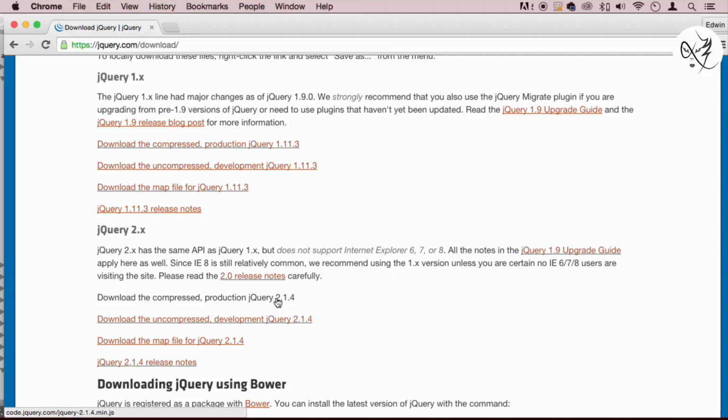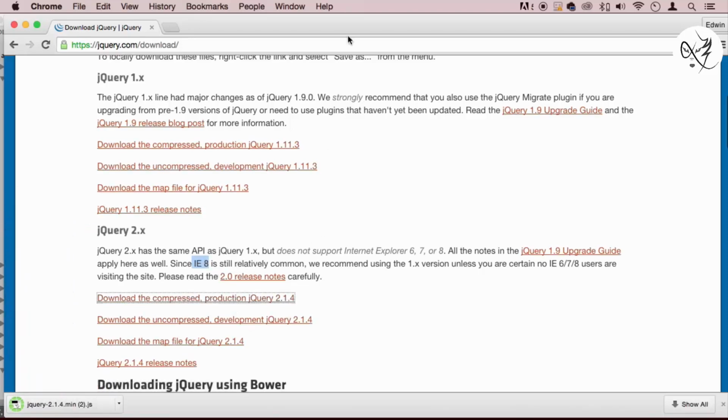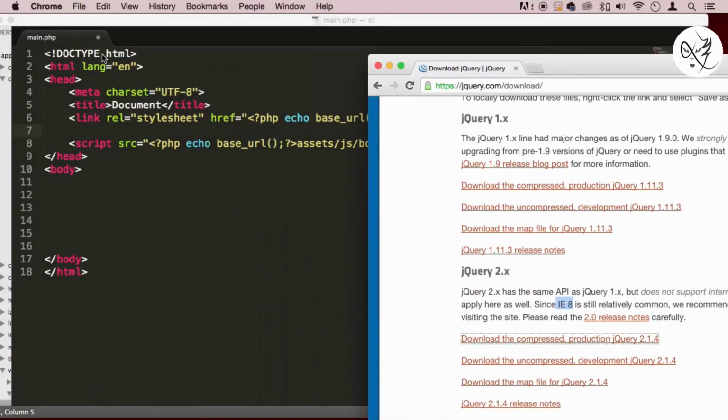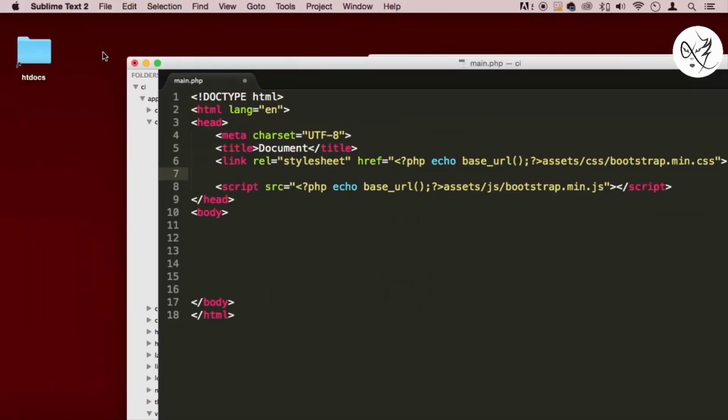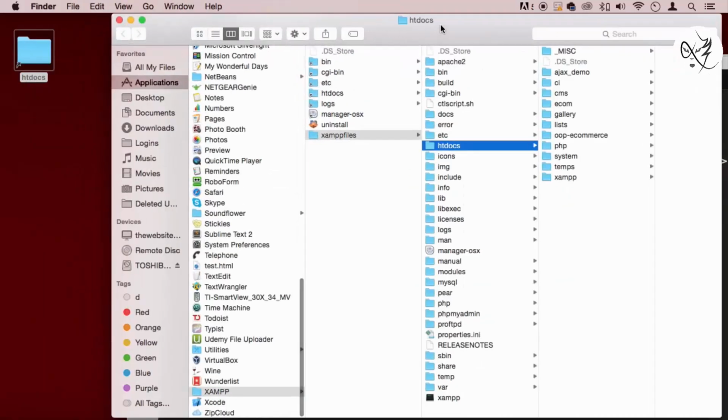All right, just because this application, I want to put everything upgraded in this application. You can still use the other version and make it work for you, if you're going to put this online. I suggest you use that for now, until everybody gets into the style of using more upgraded versions of Internet Explorer. All right, but anyway, I'm going to download the compressed version, and let's go to our htdocs,